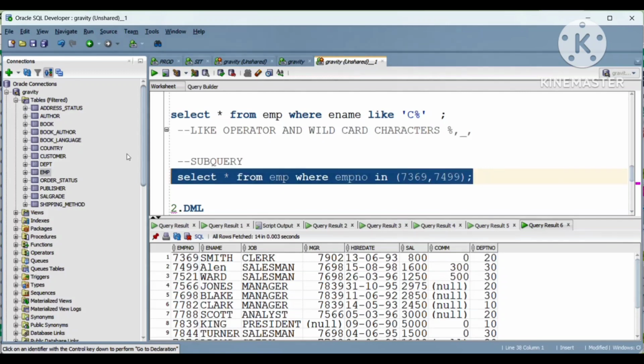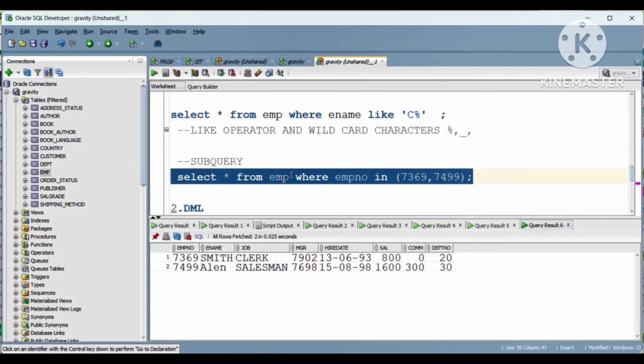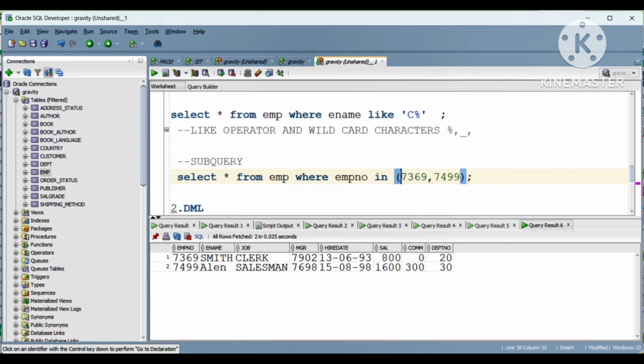Okay. In the in condition, we can give another query. If I want to query employee IDs which are there in some other table, I am using the same table. If I want to select, okay,